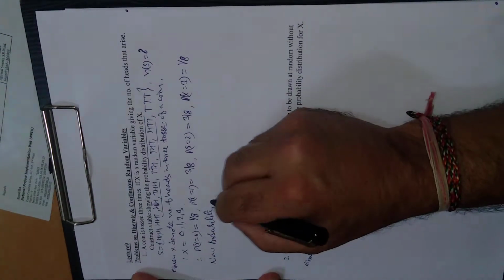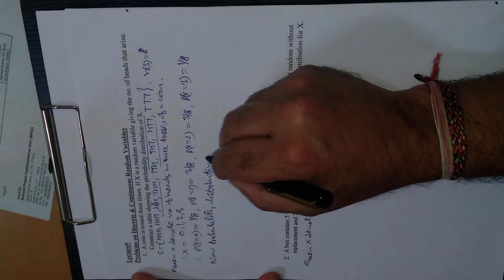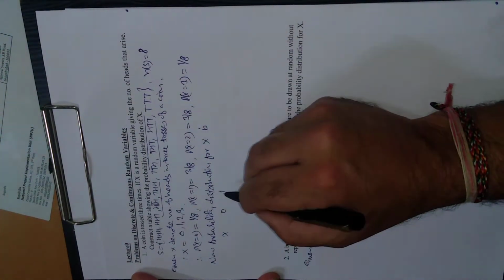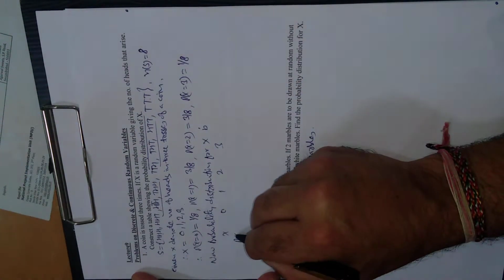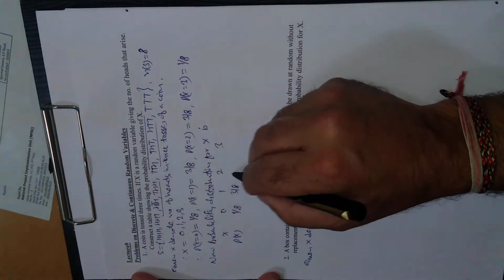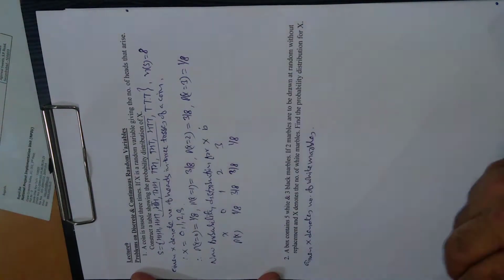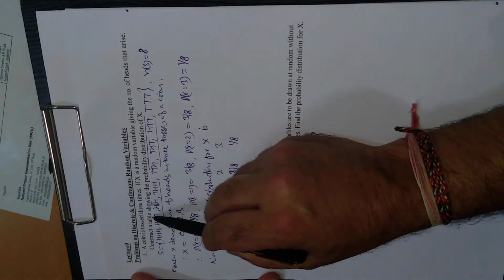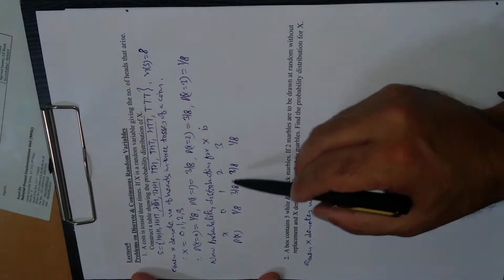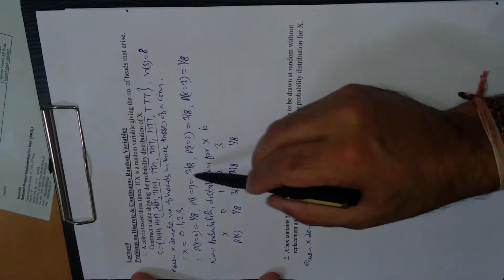Therefore the probability distribution for x is: x taking values 0, 1, 2, 3, and this is p of x, and these are 1 by 8. Already we have evaluated 3 by 8, 3 by 8, and 1 by 8. So this is the probability distribution for x. We have to construct a table. So in this table there are 2 rows. In the first row these are the possible values of x, in the second row these are the corresponding probabilities of each random variable.